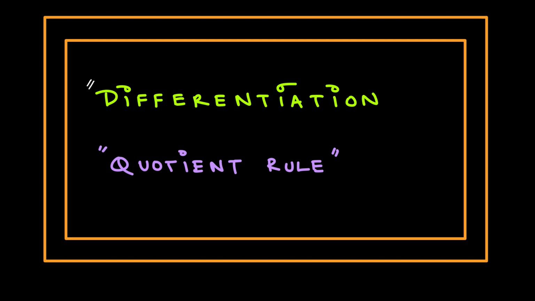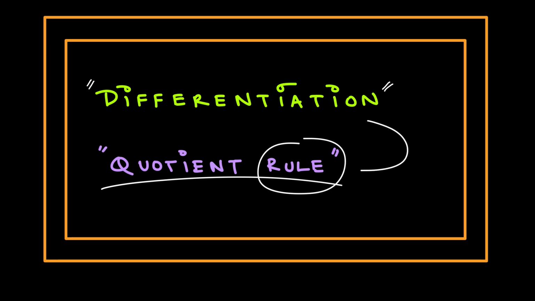In this video, we will learn about the quotient rule of differentiation and we will do examples to understand it completely. When y equals u over v, where u is the numerator and v is the denominator, they are both functions of x,